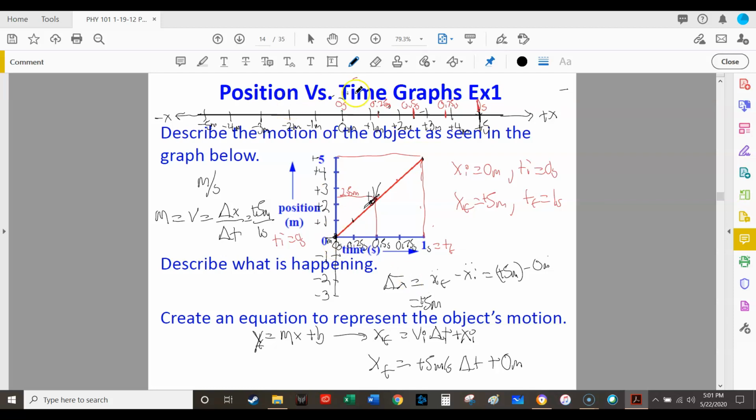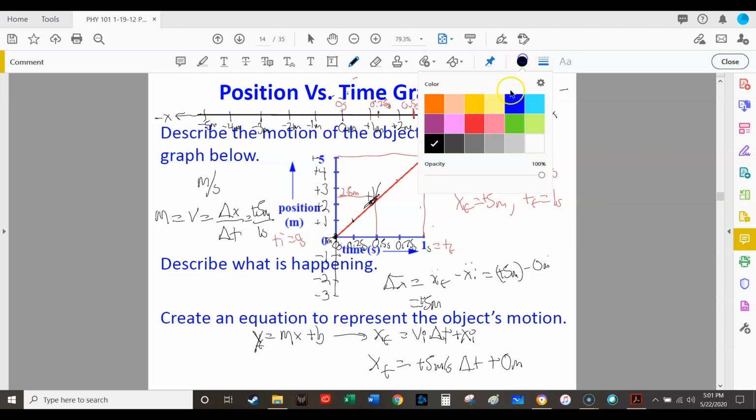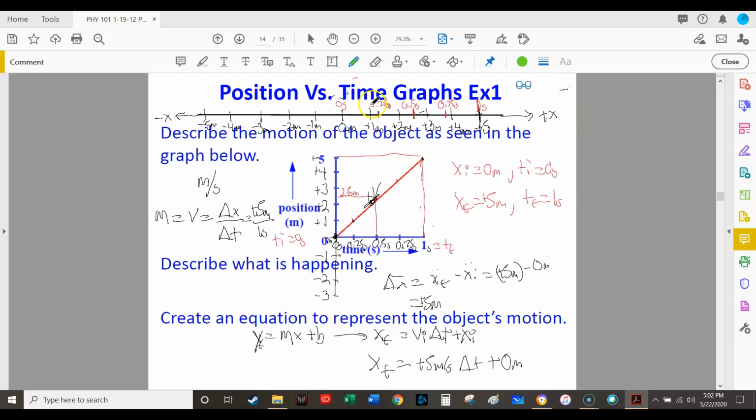So this object started out, and I'm going to use a different color. Let's use green. So it started out at the 0 mark. It moved, and maybe I should lay down a vector, an arrow. It moved to the right,